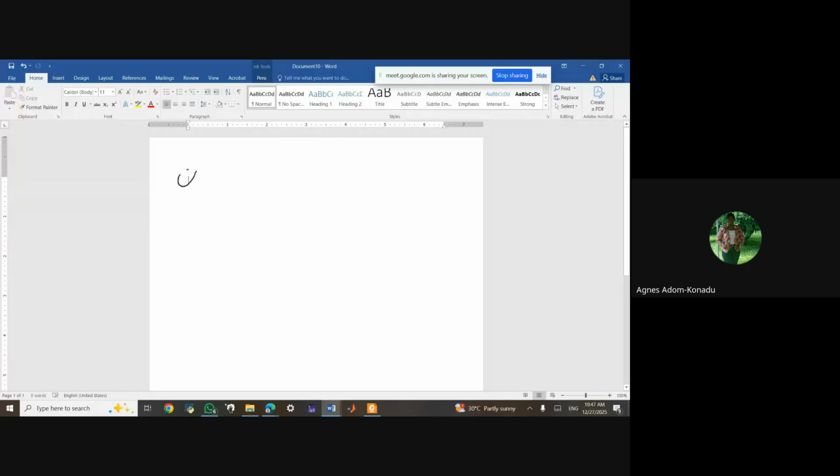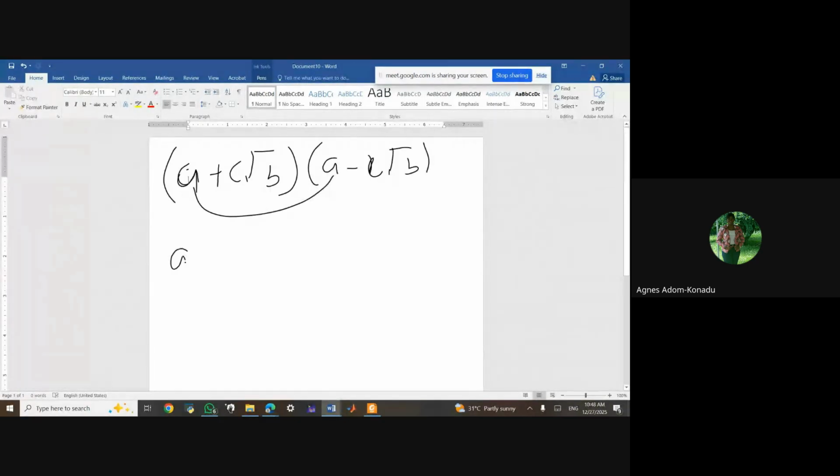So I have a plus c root b, and I want to multiply it by a minus c root b. Let's multiply it. So this time, this is a squared. Then I have this by this, I have plus ac root b. Then I have this by this, I have,